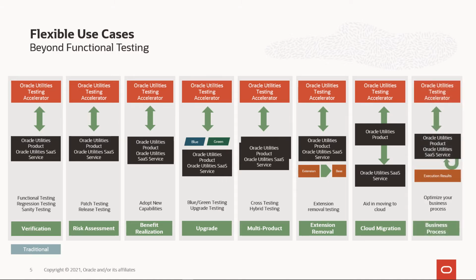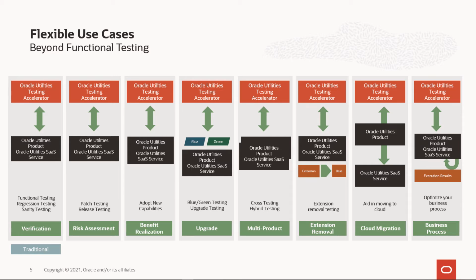And lastly, customers are using it to optimize their business process. Because they model the business process, they can see the timings between each component or each part of the process and then alter it and see whether they can improve that process over time. So these are use cases that customers have used the product for, not necessarily things that we've built into the product